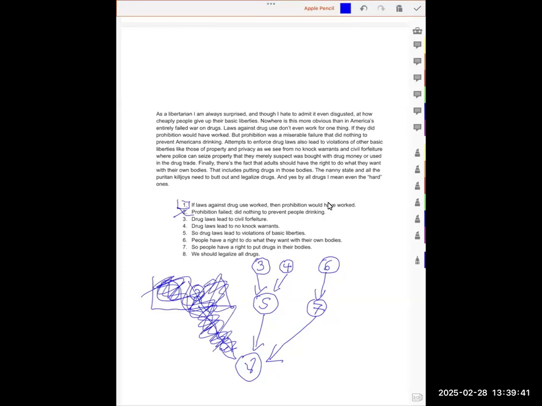But then we might think to ourselves, well, if one line of argument doesn't work, we still have these other two. And then we can think about these other two individually, right? Do we really have a right to do what we want with our own bodies? Is this enough to think drug laws lead to rights of other basic liberties? You know, I'm not going to evaluate the other two, but